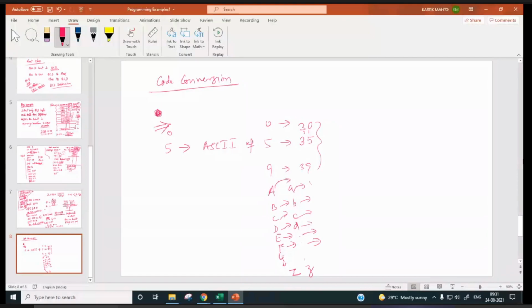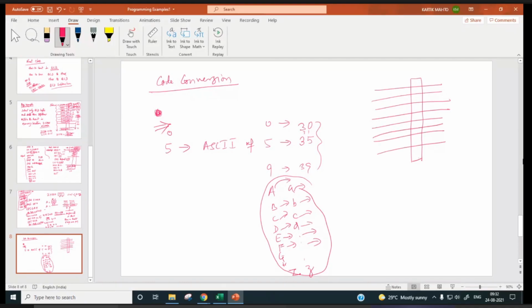So suppose in a memory location we have ASCII characters stored. Whatever we are entering via keyboard, corresponding ASCII is going into your computer, and if you are saving something, whatever you have entered, if you save, then it will be saved in memory and corresponding ASCII codes will be there.